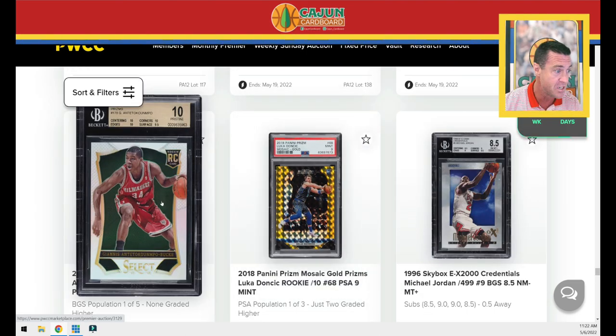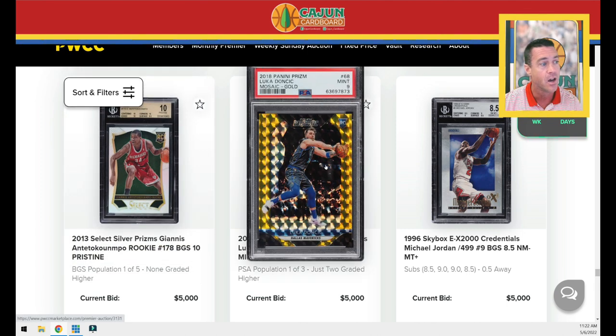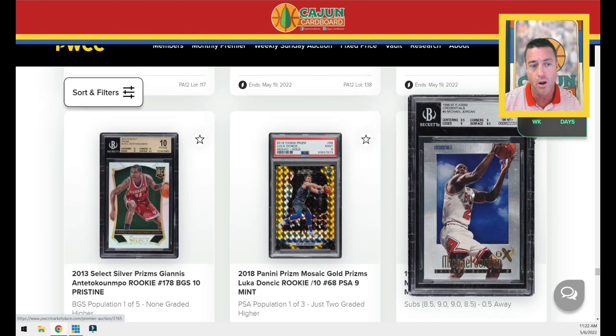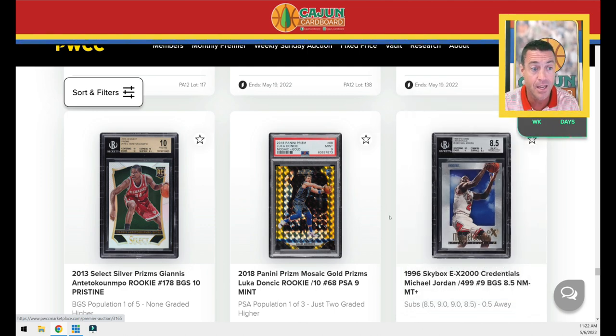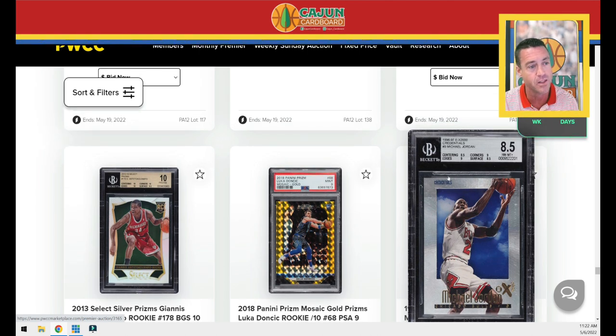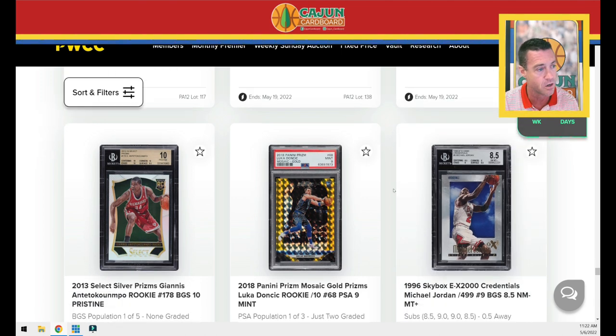Giannis Silver Prism, BGS 10, Pop 5. Mosaic Gold Doncic rookie card, a Jordan Credentials, another card along with that Molten Metal Fusion that we looked at. I don't have it. I need it. I need to get it right now immediately, but I'm not going to be able to because I'm just an observer in this premier auction, other than the fact that I've got 3 cards for sale, which are going to